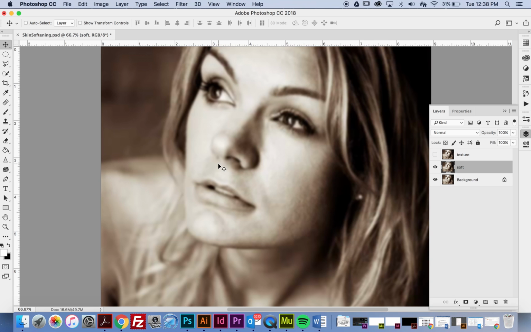So I'm going to add a mask, but I'm going to hold down the Alt key while I'm making the mask over here. I'm holding down Alt, and I'm going to hit the mask icon, and notice that we have a black mask now, so nothing is being affected. However, now when I come back with my paintbrush,